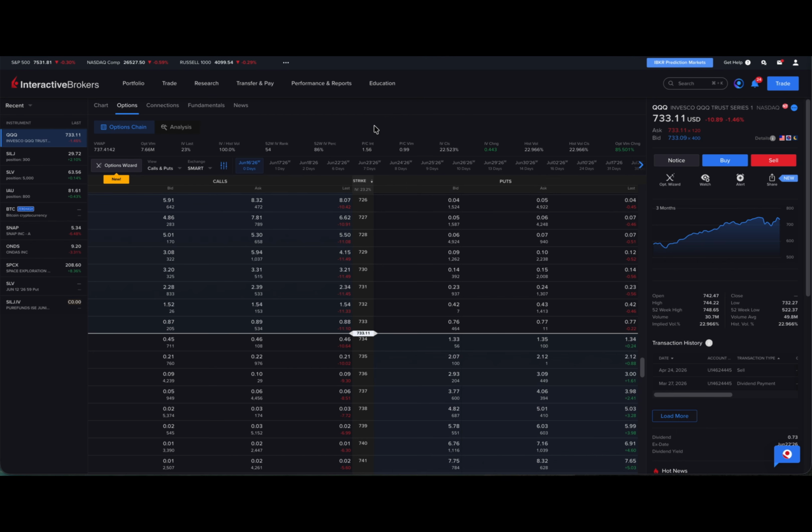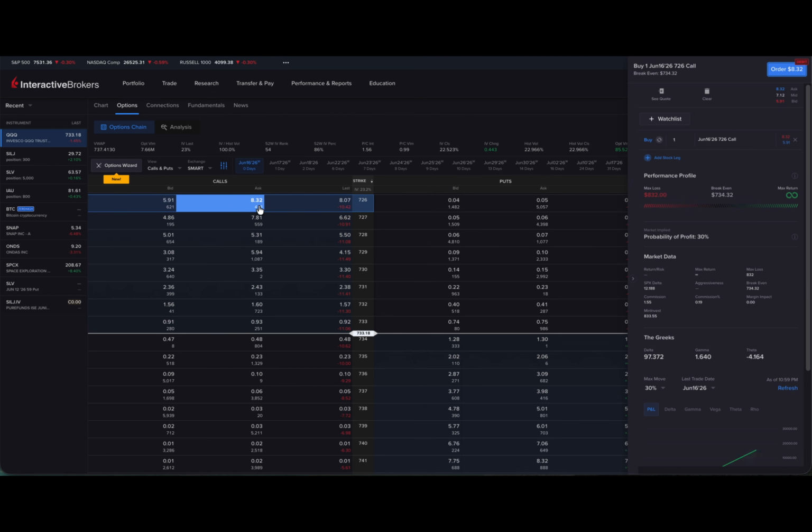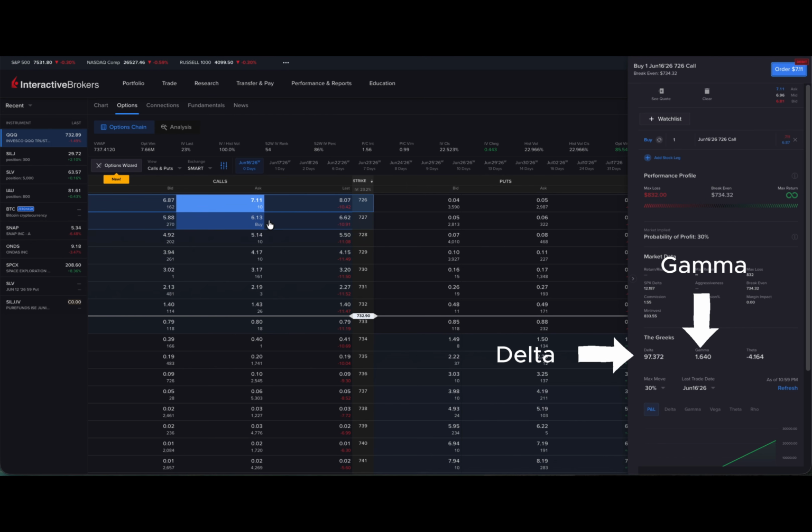So let's start here with an in the money call. Let's start, for example, with this one over here. As you can see, for the 0 DTE option, we are some way away from the money. Where the money is here,